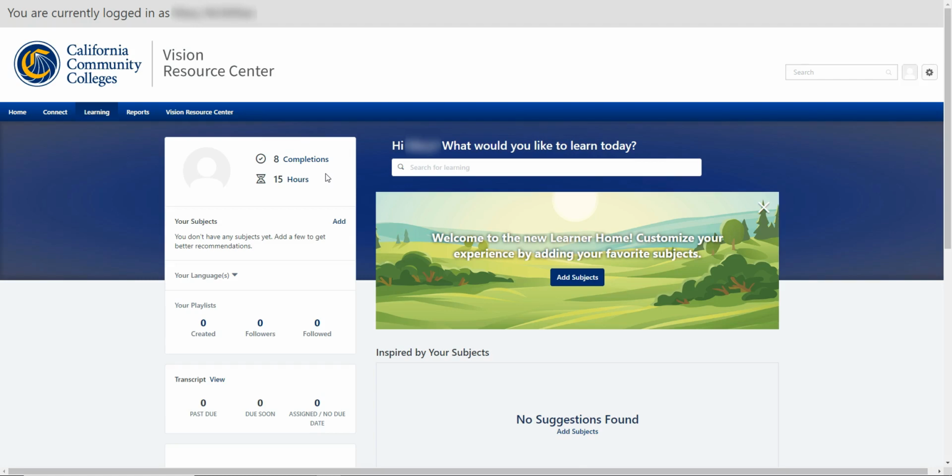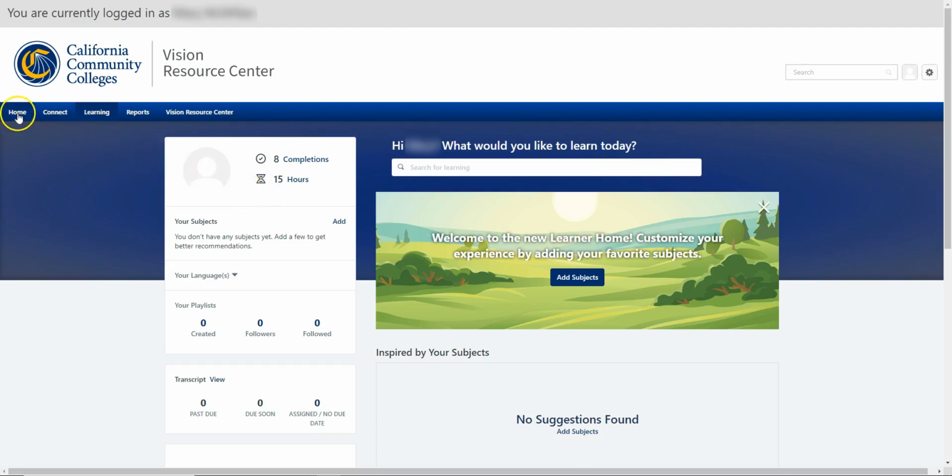It also likes to count all 24 hours in a day for classes that last more than one day. So, for example, if you took the 3-week Intro to Canvas course, that'll show up as 504 hours next to this little hourglass here. So you're going to want to get your accurate number of flex hours via your dashboard.